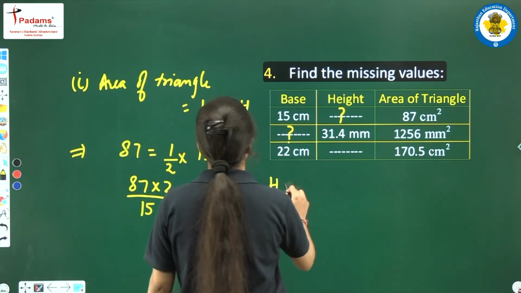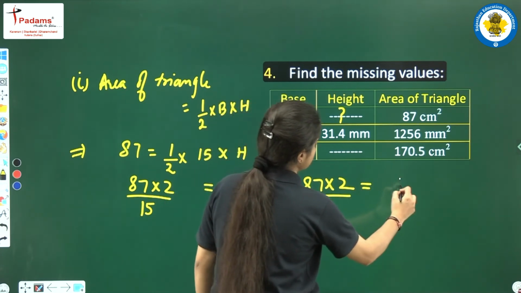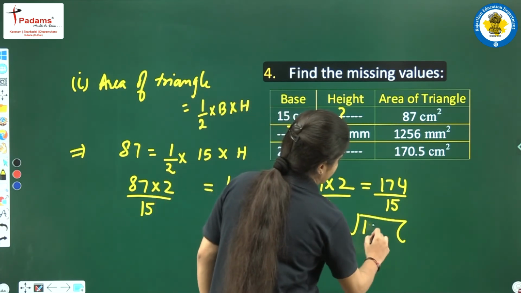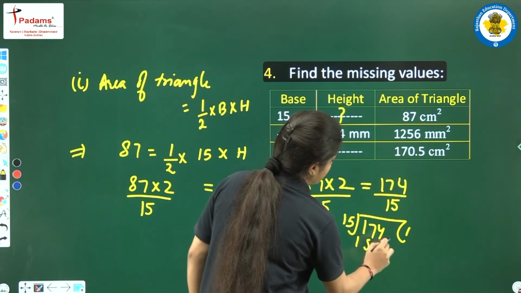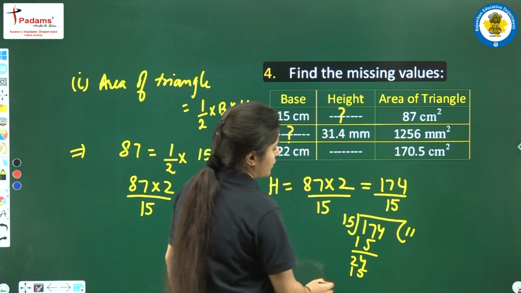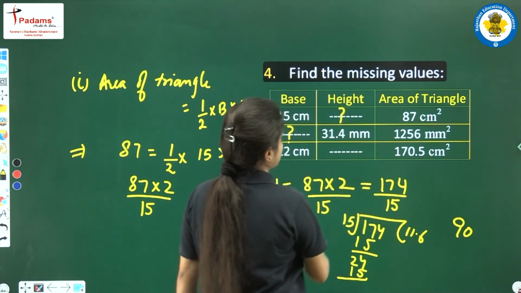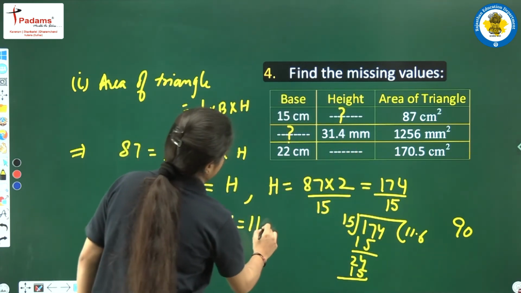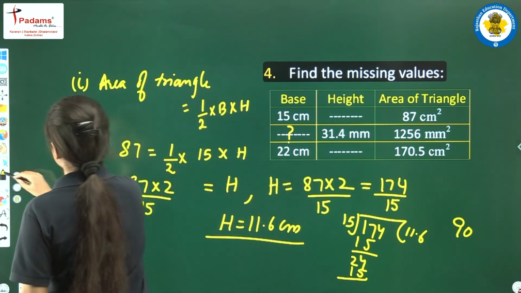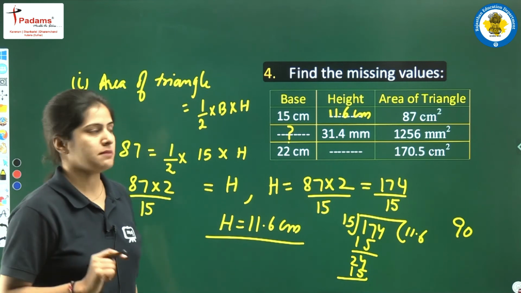ऑलराइट, तो हाइट का वैल्यू क्या आएगा स्टूडेंट्स, 87 इंटू 2 अपॉन 15. 87 इंटू 2 कितना हुआ स्टूडेंट्स, 174 अपॉन 15. ठीक है, आप सॉल्व करेंगे पता लगेगा क्या है. ठीक है, 15 इंटू 1 15, 24, देन अगेन 1 विच इज 15 अगेन, राइट. सो अब कितना आया स्टूडेंट्स, 11.6. सो इसका हाइट कितना आ रहा है स्टूडेंट्स, हाइट इज इक्वल्स टू 11.6 सेंटीमीटर्स. ठीक है, और मिसिंग वैल्यू क्या आ रहा है हमारे यहाँ पे बताइए, 11.6 सेंटीमीटर्स, राइट. इसी के साथ हमारा फर्स्ट मिसिंग प्लेस आ गया है.